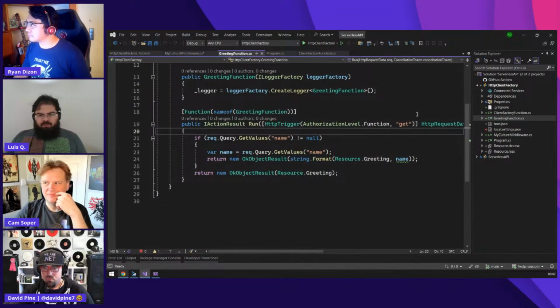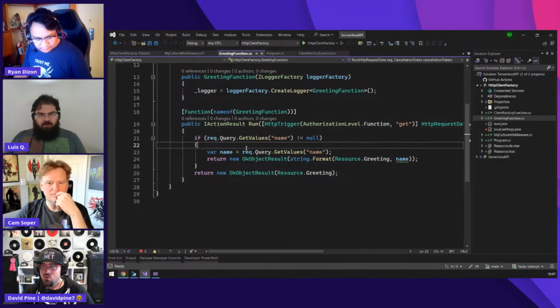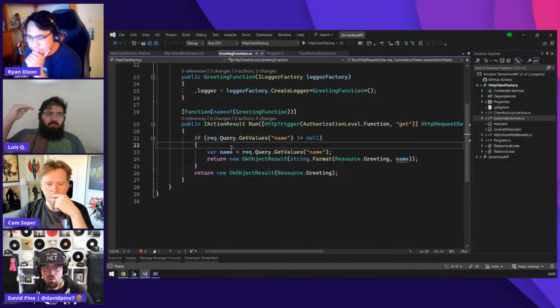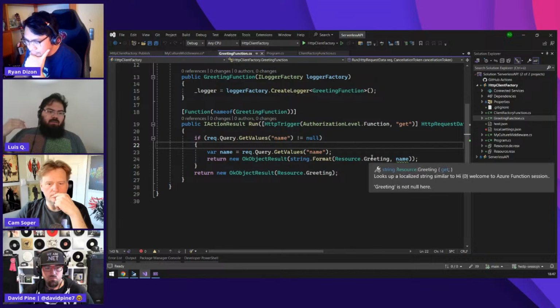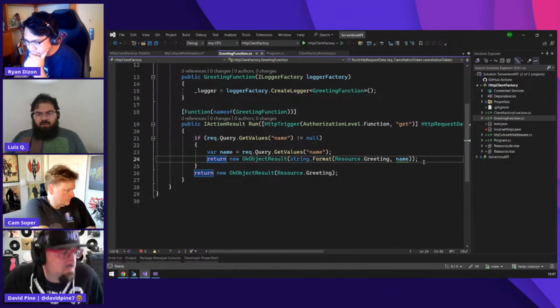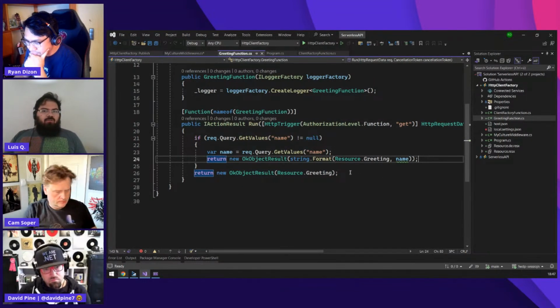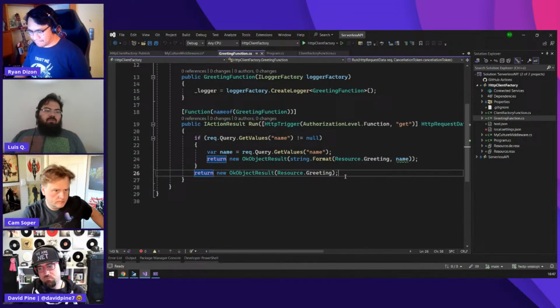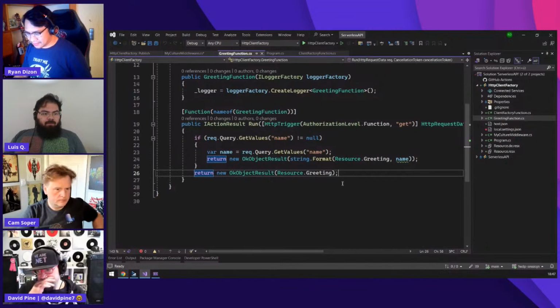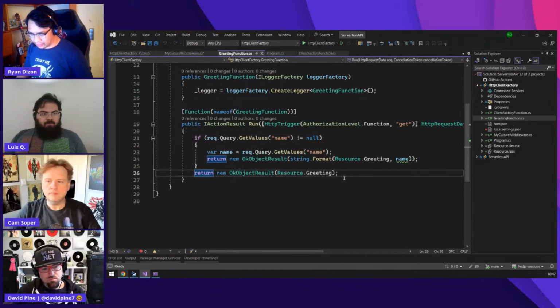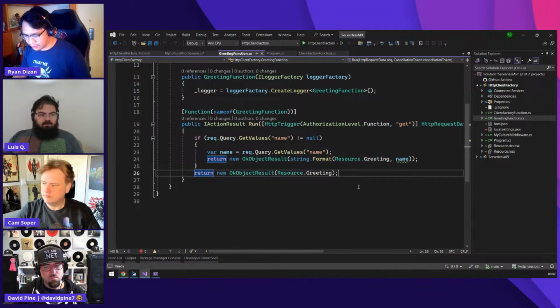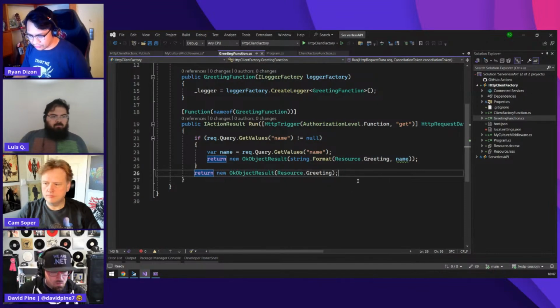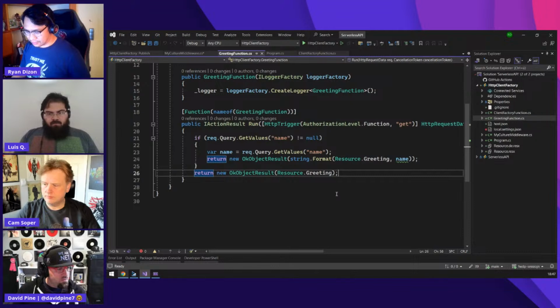I don't know if we addressed this question from way earlier, but you showed a bunch of different triggers for these functions. Is there a way to build your own triggers, or how would you handle scenarios where one of the triggers that you might need is not part of that list that's already predefined? I think those are already predefined, and you cannot create your own trigger. As far as my knowledge goes, you don't have an option to do that. I'm not sure, I haven't tried it yet.